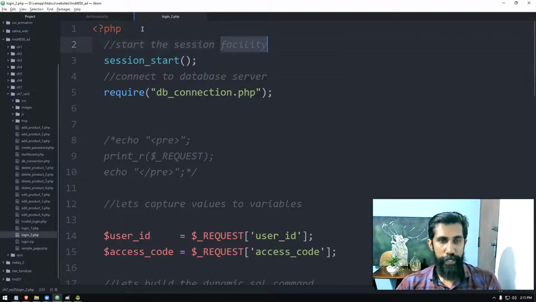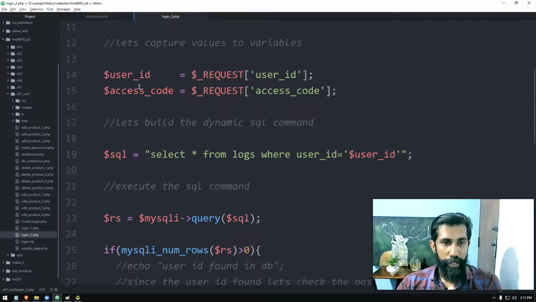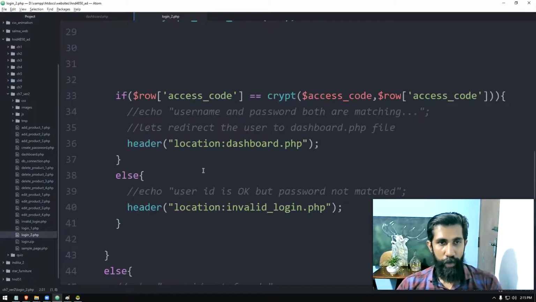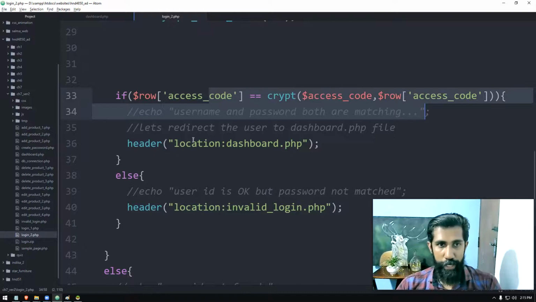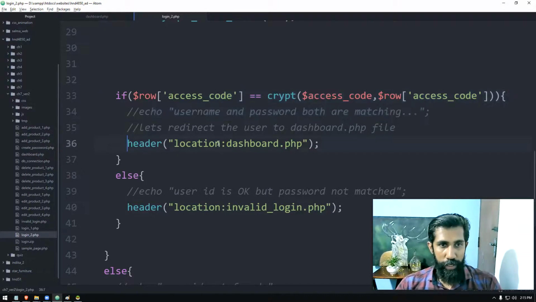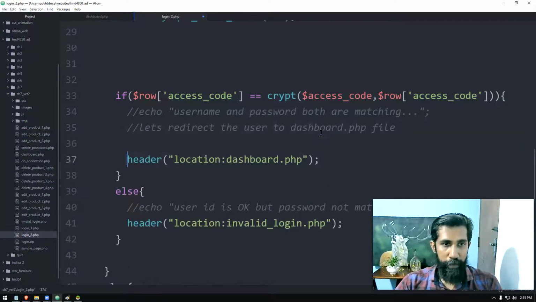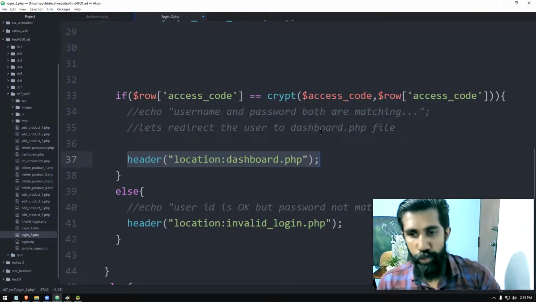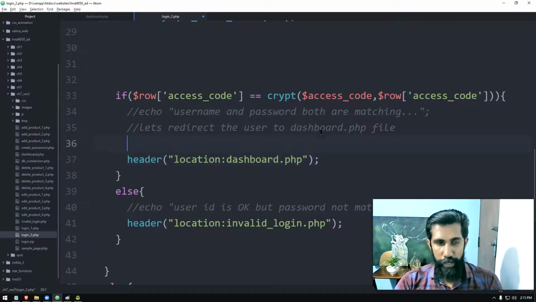Right. So once you have done that, you can come down here. This is the place where, once the username and password are matching, you are going to the dashboard file. Before you go to the dashboard, because after line number 37 we are not going to stay in this page, there is no way you can store a variable there. So what we do is we access the session array itself. Now this is the session array. Then you can store the values.